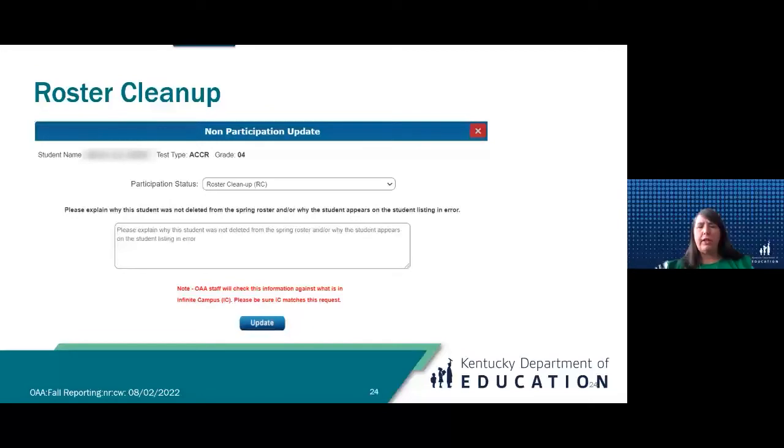And here's what roster cleanup will look like. You will select that student. You'll go to your student listing for that particular test. For example, this one shows you that this was for ACCESS, and it's a grade 4, and it'll have the student's name, and it'll have